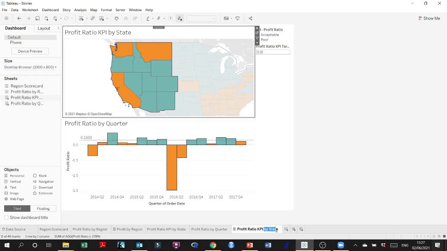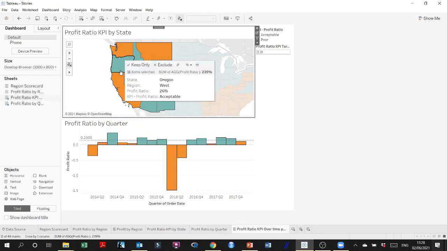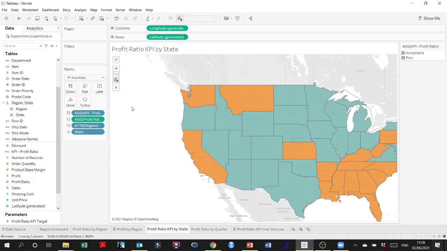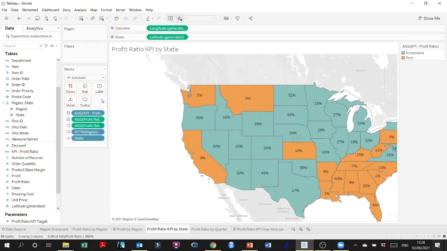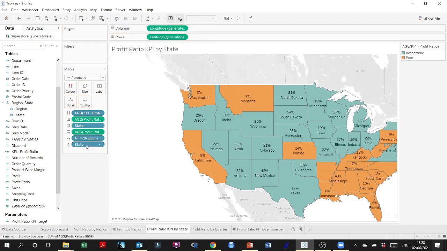Profit ratio KPI over time. And over time per state. So now I'll be able to, probably, let's add here. We have it on the tooltip, the profit ratio, but we could actually add the profit ratio if you guys want. We can add the profit ratio in a label, and then we can also add the state if you guys want. Why not? And let's put the state on top of the profit ratio